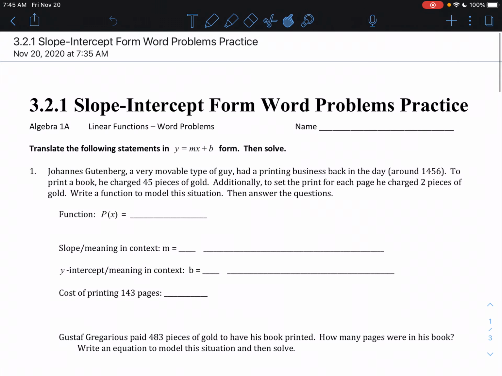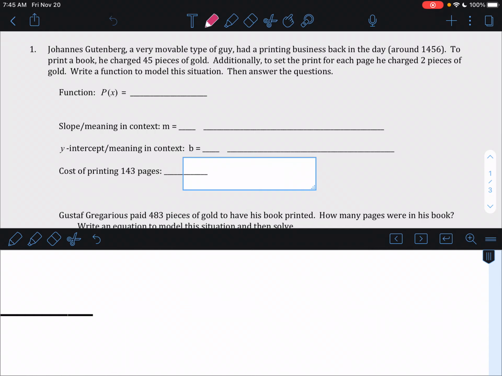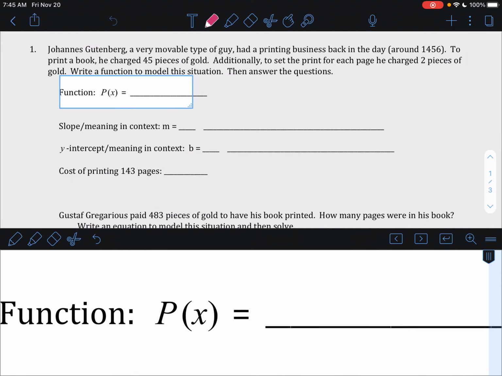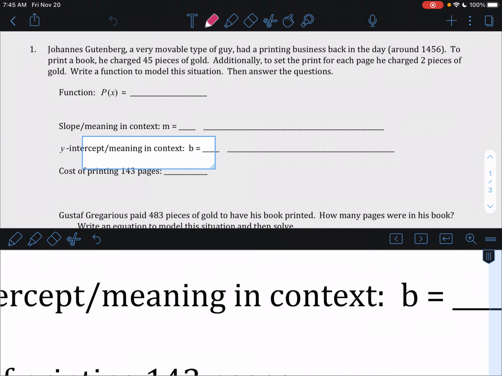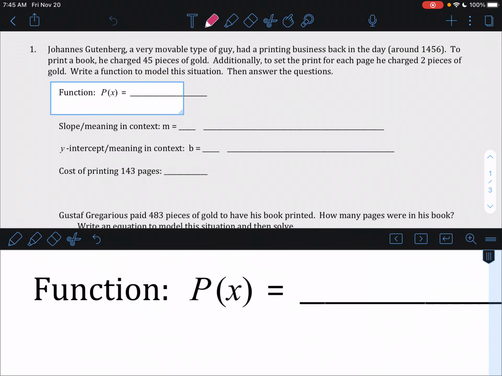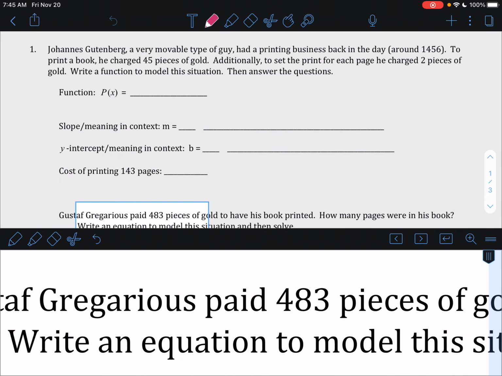This one, 3.2.1 Slope-Intercept form word problems practice. So you're basically doing the same thing that we did in the notes. So yeah, you're making a function. Well, I would probably identify your slope or your m and your b first before making your function, and then ask you to evaluate the cost of printing 143 pages in this situation, or whatever. So you're plugging in 143 for x once you make your function. But then